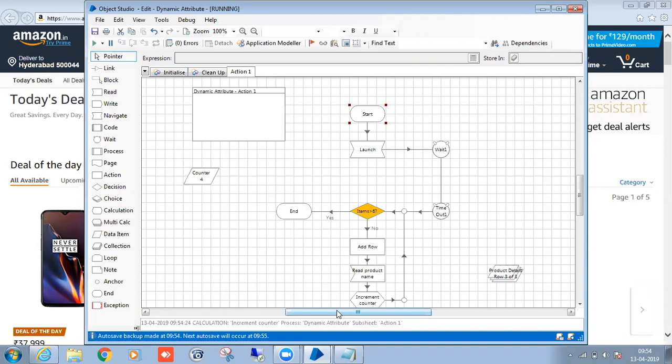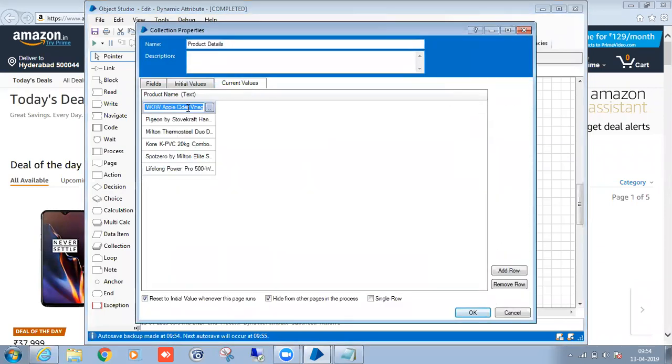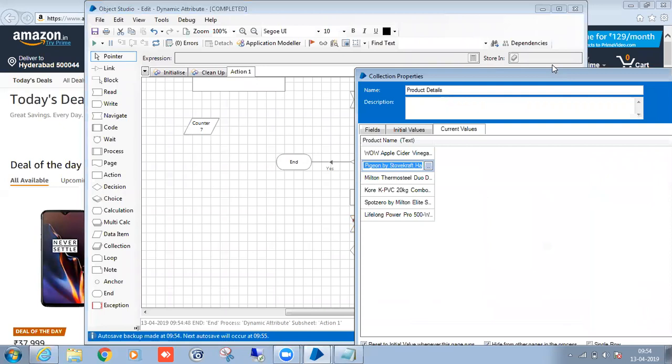Third product. Fourth one. Done. Check the collection. 1, 2, 3.